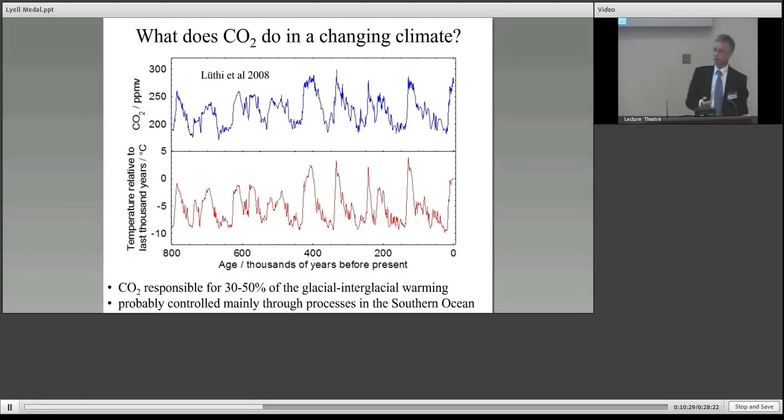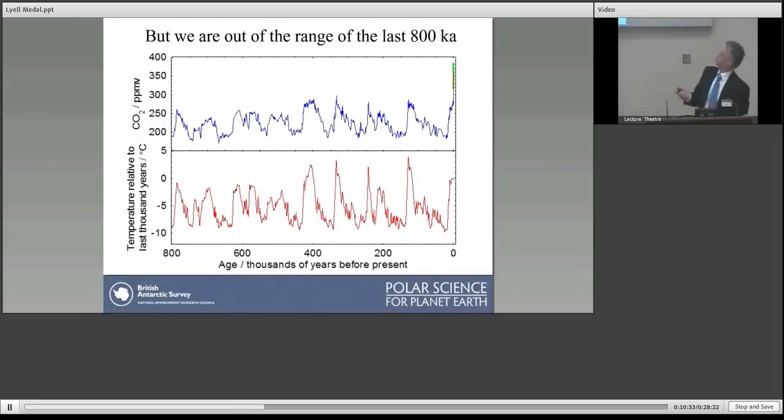Putting together the first thing I showed you and this one, despite these big changes between glacial and interglacial in CO2, it's all been dwarfed compared to what's happened in the last 200 years, well outside the natural range, and we don't have an analogue in the ice core record, at least for this. So if you want to know about CO2 at an earlier time, when